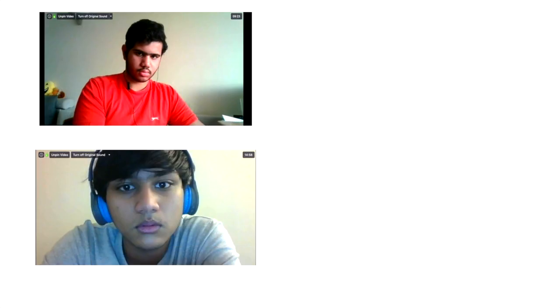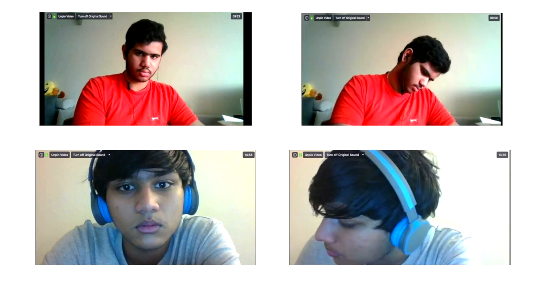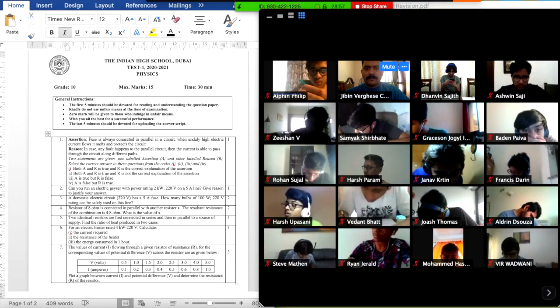Moving to the next slide, I will show pictures of how the gestures of the students will be for online exams. Here we can see that they are looking at the screen for the questions. There will be 2 movements. One is to the screen to see the question, and next to the book or paper where they write the answers. So there will be only 2 movements: one to the screen and one to the book or paper.